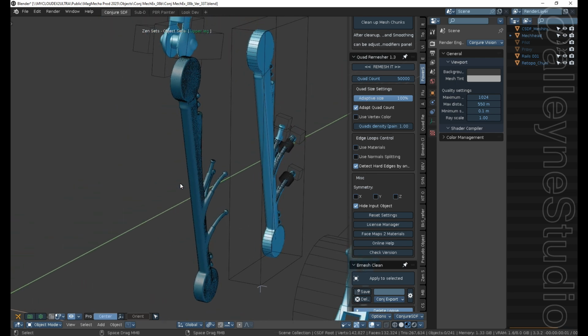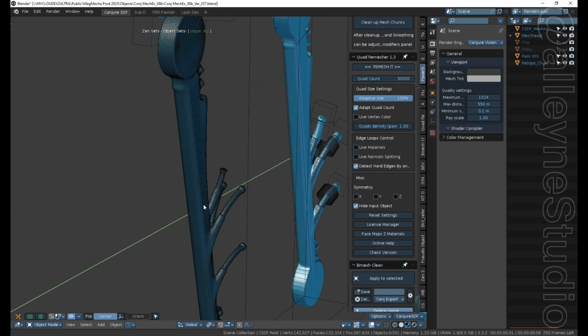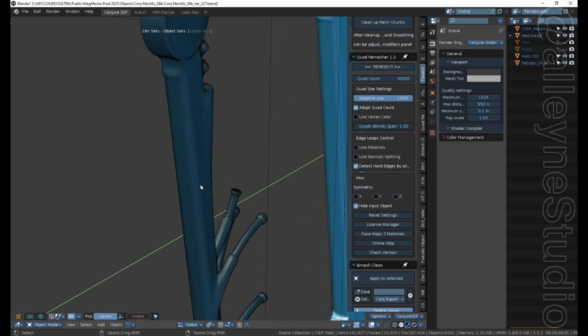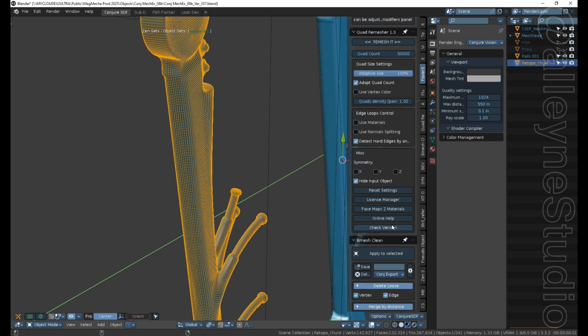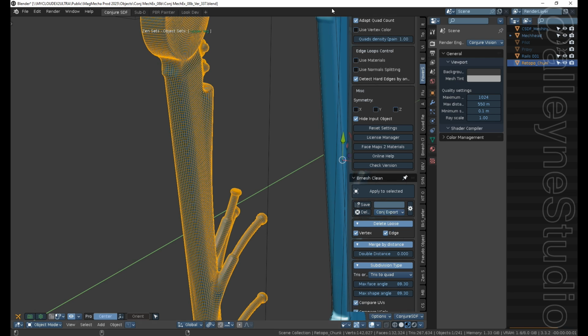So now here's my nice quad mesh one. And Quad Remesher titles it like retopo chunk, retopo whatever the original title of it was. Okay, and so we're just going to go down now. I'm just going to save,